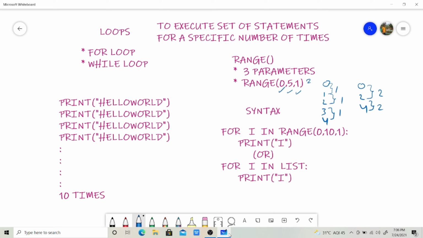Now we will see the syntax of the for loop. We have to use the for keyword, space, and then any variable. Here it is used for iteration, and after that space and in, and we have to use the range function. In this range function, we have to use 2 or 3 arguments. If we use 2, the step value will be by default 1,